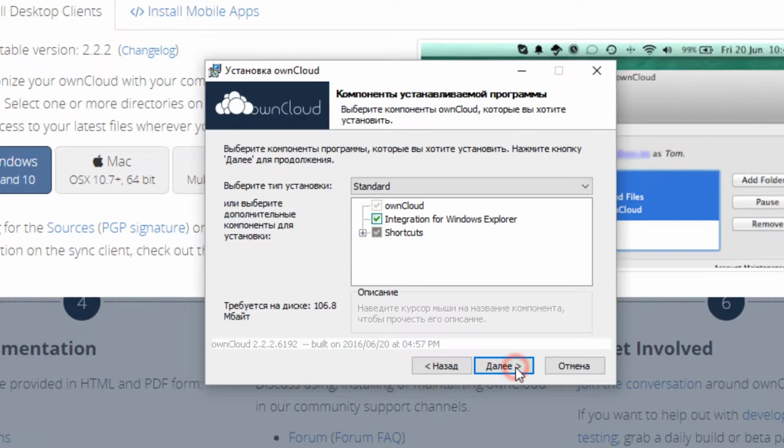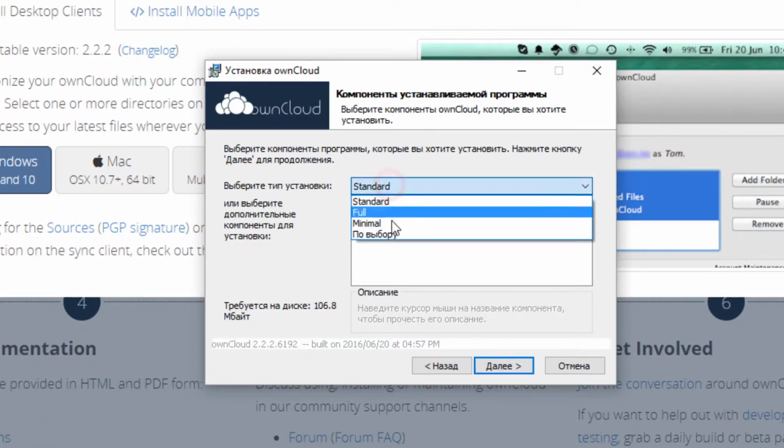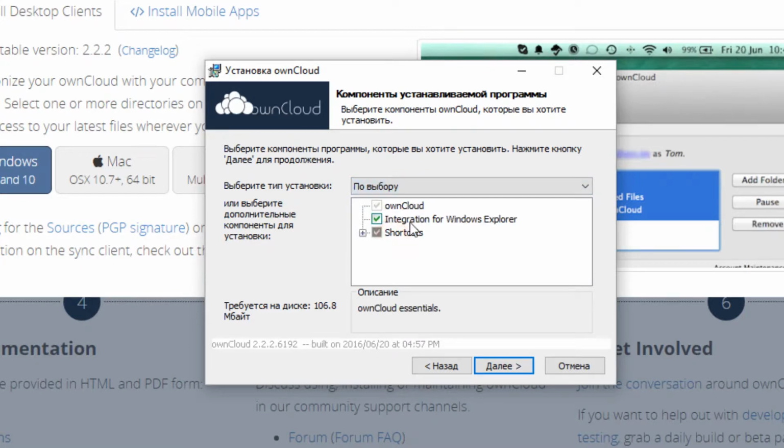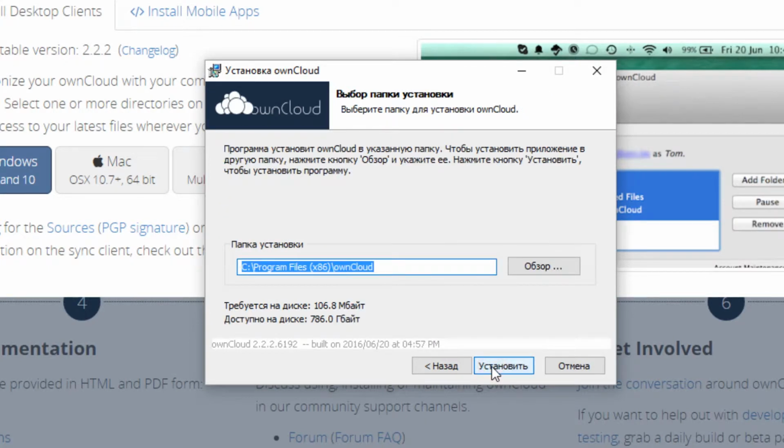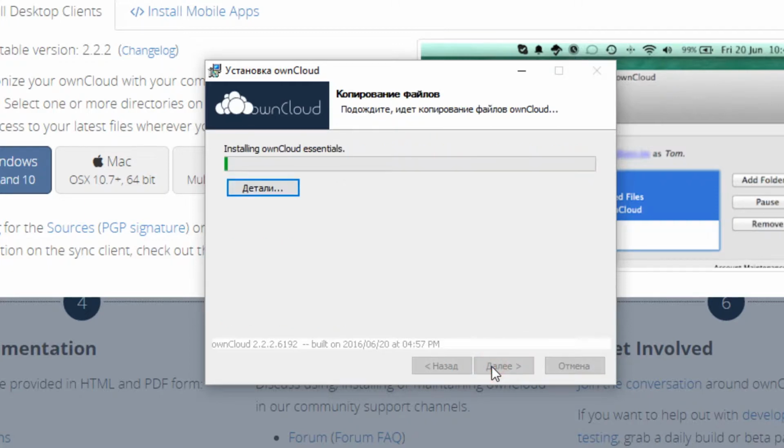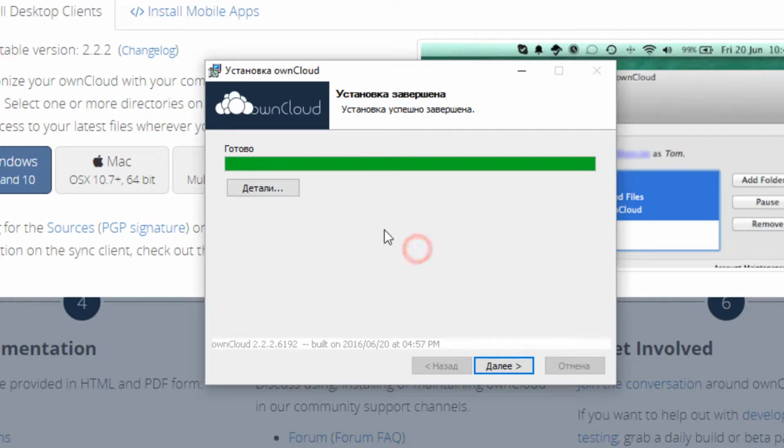We click Next. Here you can choose the installation option. Let's choose the custom option. Then we leave everything selected. Click Next. Here you can choose the path for the program to be installed. We will leave it by default. Now the program will be installed. After it is installed and started,